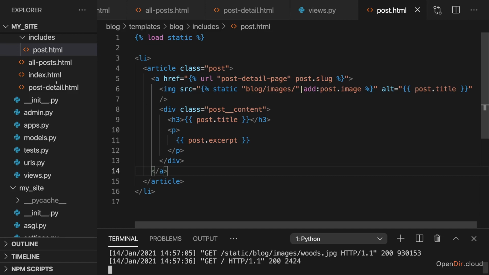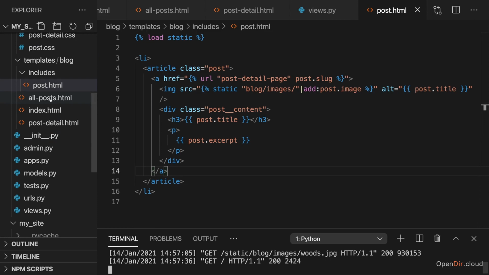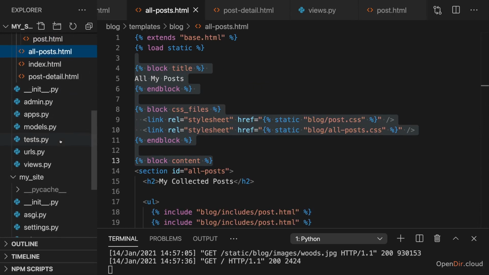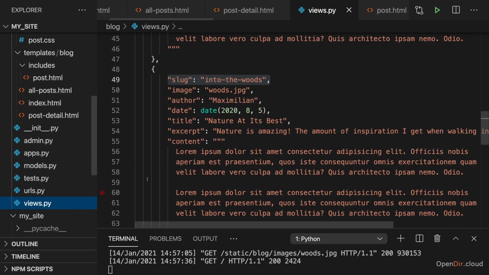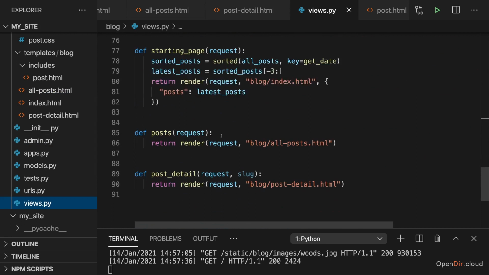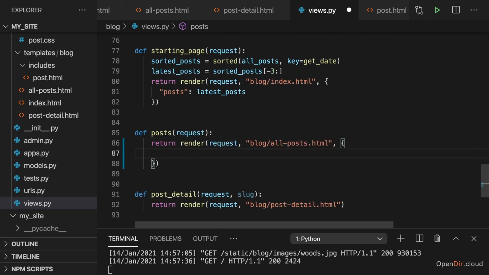So now we're outputting those latest posts. Of course, we also want to output all posts. Now, compared to the latest posts, this will be much easier. All we got to do here really is that we go to the posts view. We add a context here to the template and set a key here that can also be posts or all